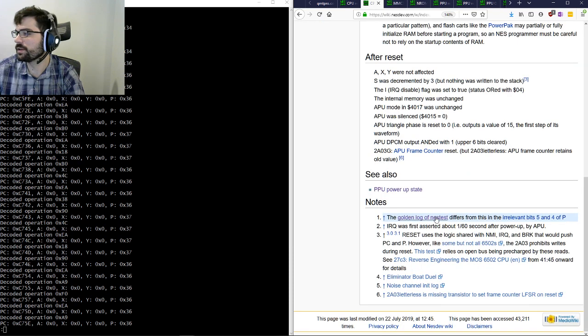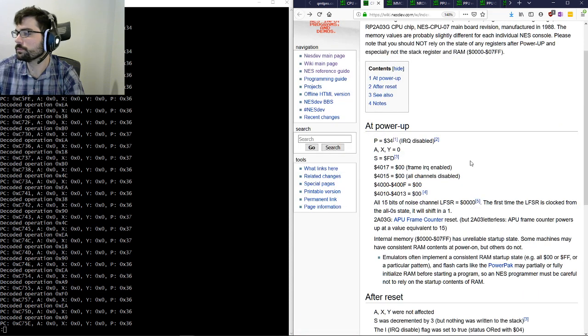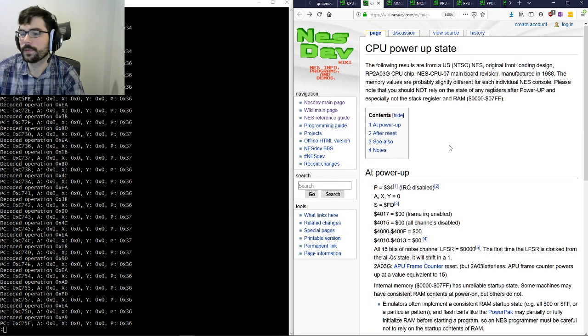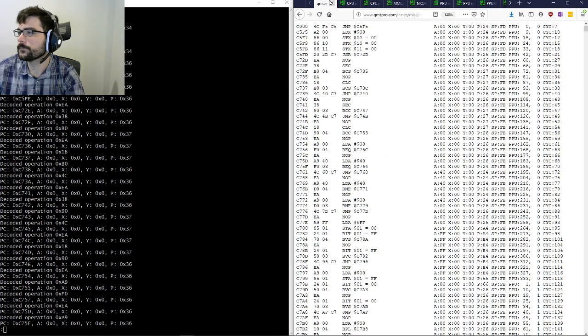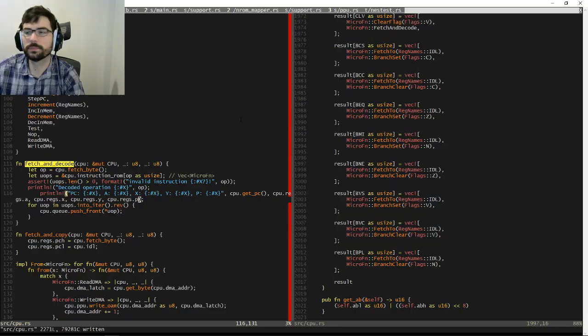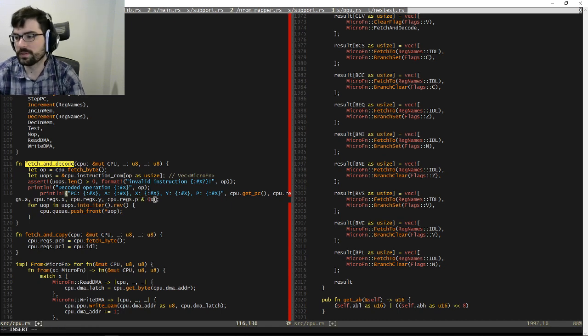The golden log differs from this in the irrelevant bits 5 and 4. Okay. So let's mask off bits 5 and 4 then, I guess. 0x, 5 and 4 would mean C and F.